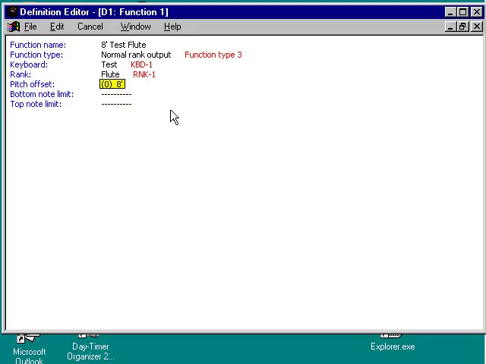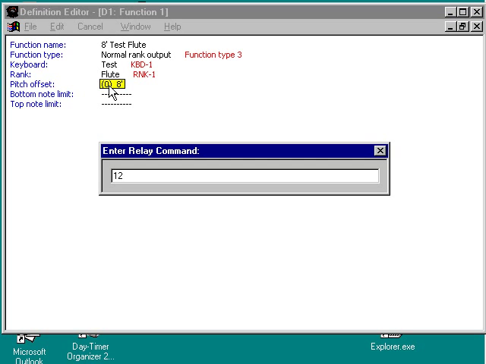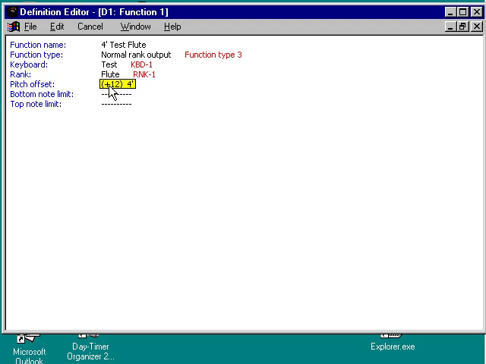Now, pitches are in offsets, and a 0 offset means it's 8 foot. It's unison, and all these offsets refer to the lowest note of an organ keyboard. So an offset of 0 means low C, or unison 8 foot pitch. If we want to make a 4 foot pitch, we would type an offset of positive 12. We don't have to enter positive numbers, we just type the number 12. And when we press the enter key, it shows us that the pitch offset is plus 12, or 4